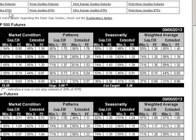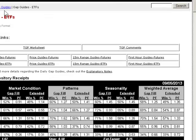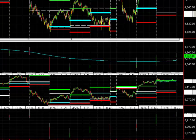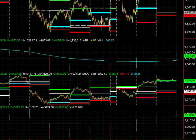But look at the ETFs. The ETFs actually gapped up, which you can't tell from here, but I'll show you in just one moment. They were gapping up in the UHC zone, which was just sort of a neutral setup. Still a 70% chance or more, considering the gap size, of filling. So the problem we had